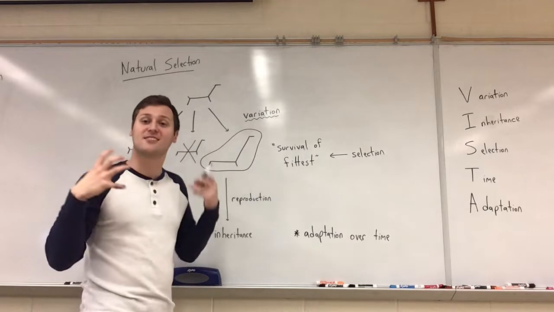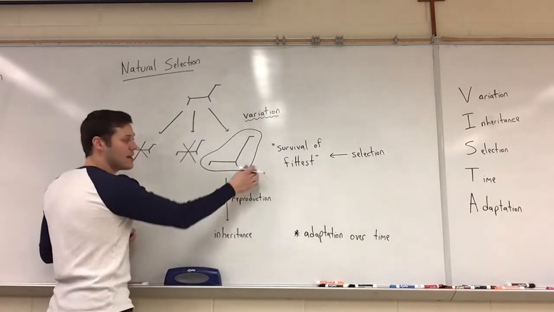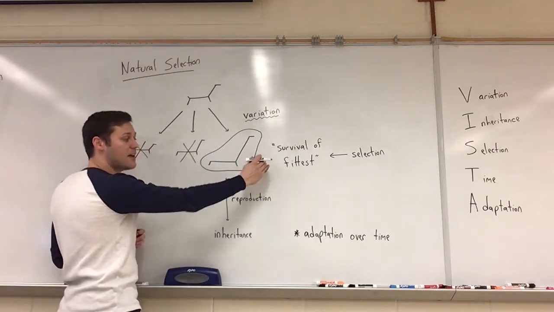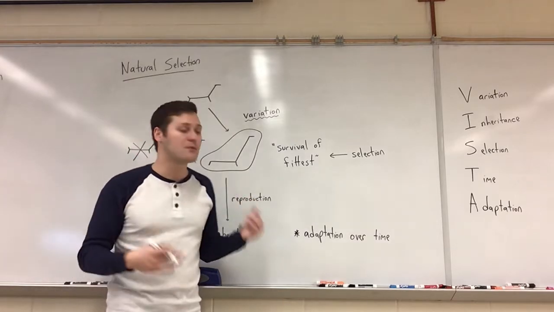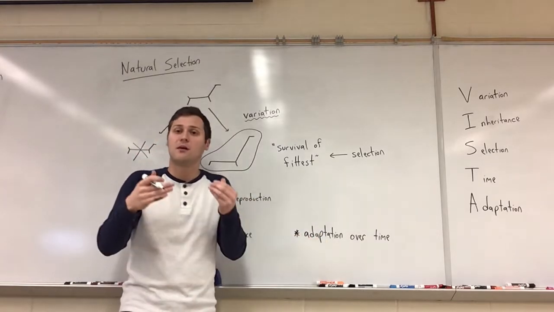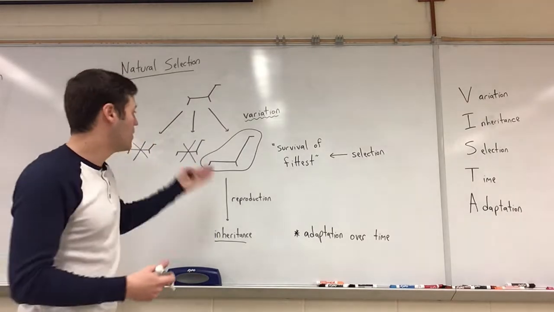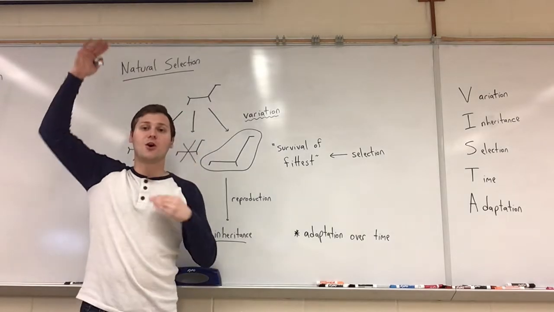So there's certain selective pressure that's put on by the environment. Then after that, the ones that are fittest, they get to survive. And if you survive, you can reproduce. And then there's inheritance. And over time, you're going to see organisms become gradually more and more adapted to their environment. So, for instance, these giraffes could get longer and longer necks.